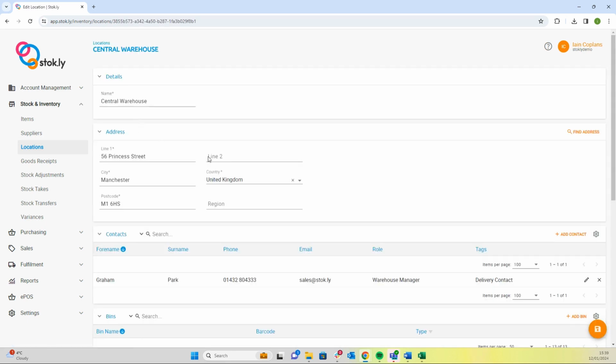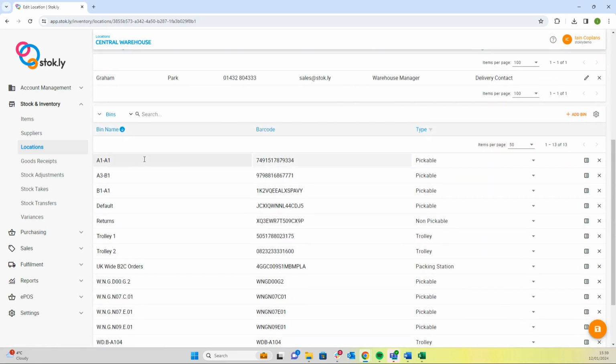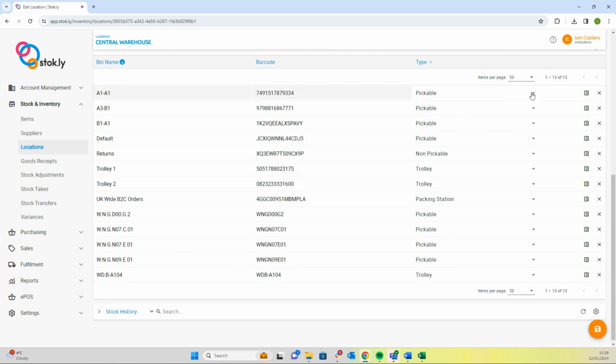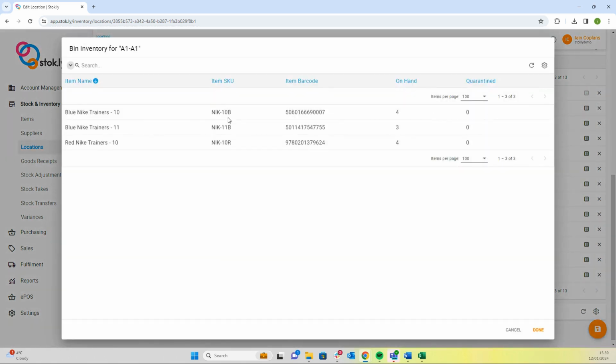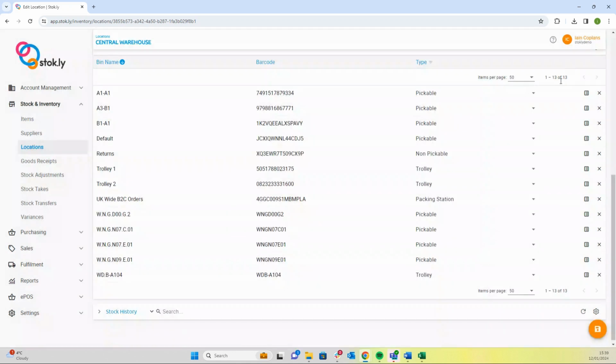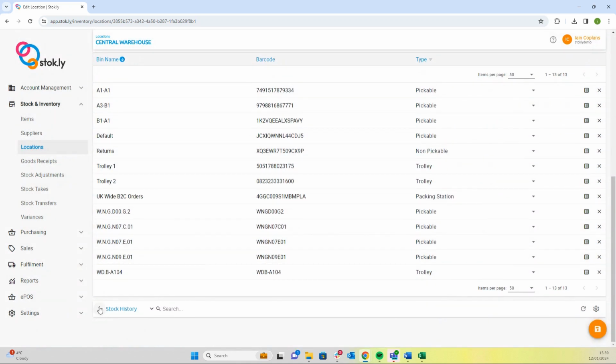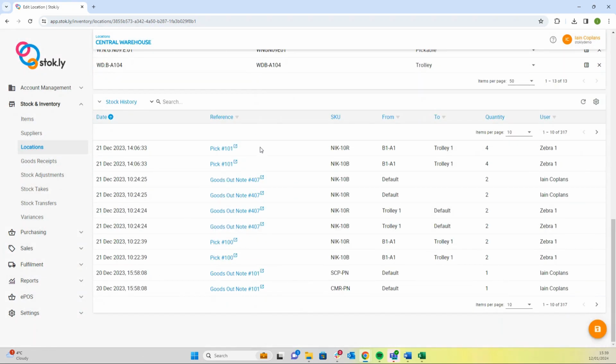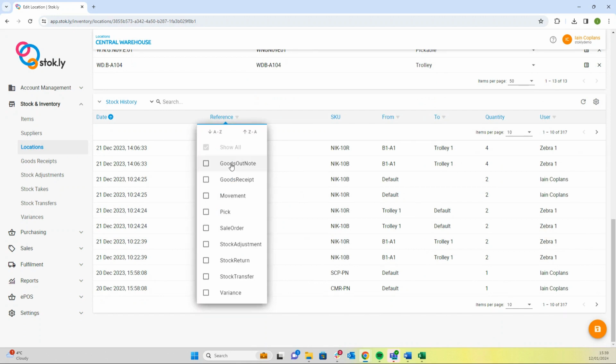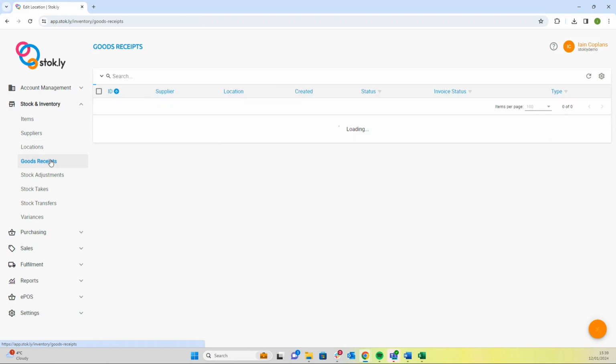In a location, we have contacts, we have bin numbers. We can click through and have a look at the inventory in that bin. And down here in stock history, add a location, we've got every transaction that goes through any of these at a location. Goods receipts,